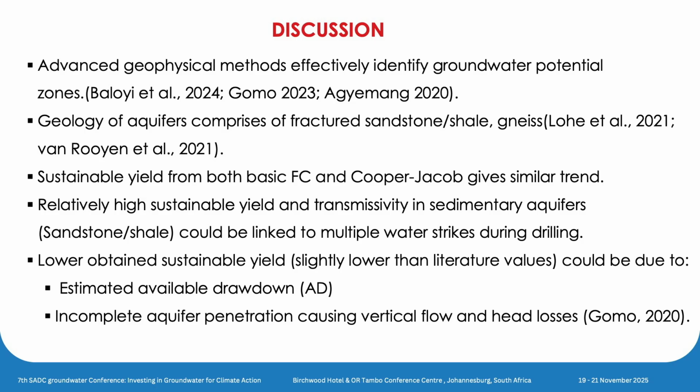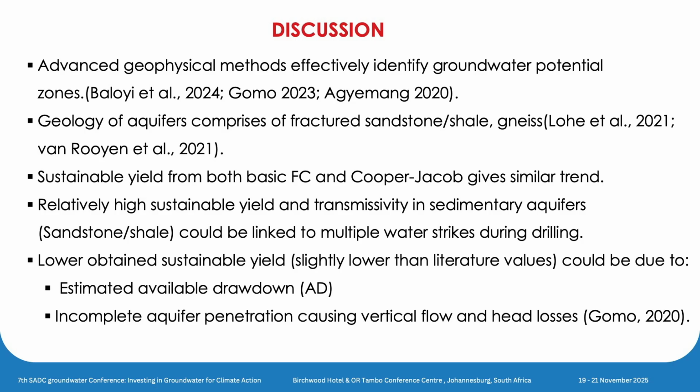Also, the sustainable yield data compared with the literature value is much lower than the one in the literature. This could be due to the fact that the available drawdown used in this study is estimated using the geological mean, and also that the aquifer is not fully penetrated,